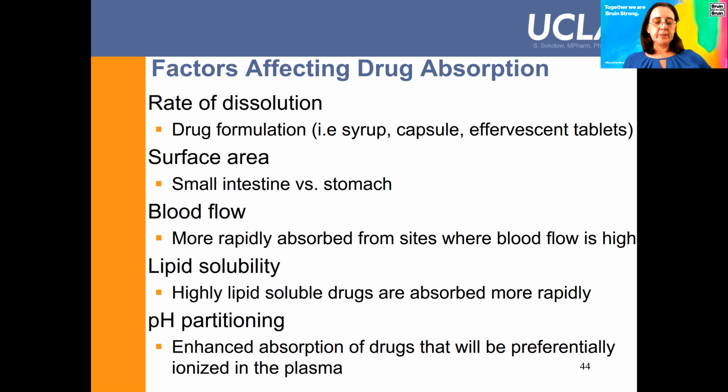The lipid solubility matters too. In order to cross the GI cells, whether in the stomach or the intestine, the drug is going to have to cross a lipid bilayer. And so, to cross that lipid bilayer, the drug has to have high lipid solubility in order to be absorbed more rapidly. pH partitioning, this is also going to determine,